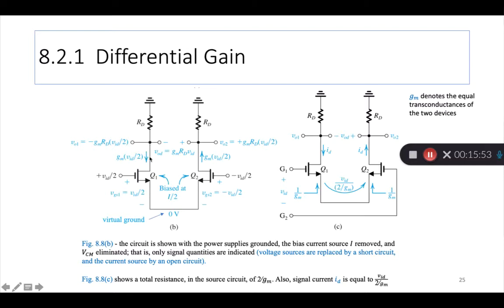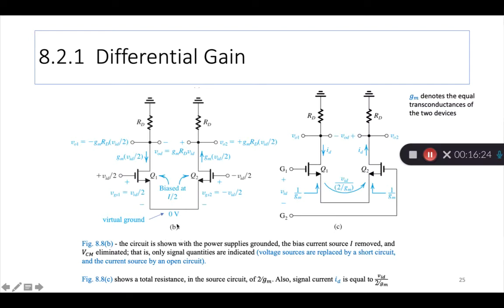The current flowing in here is V by R, right? Voltage by resistance. The voltage applied is the signal or half of the signal. GM is a conductance, which is 1 by resistance, right? You know that. So the current here is GM into VID by 2, which is the same current here because this is a